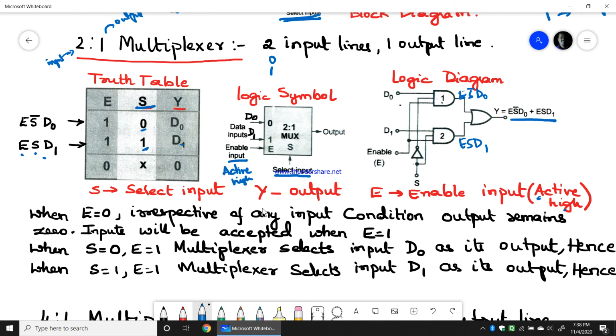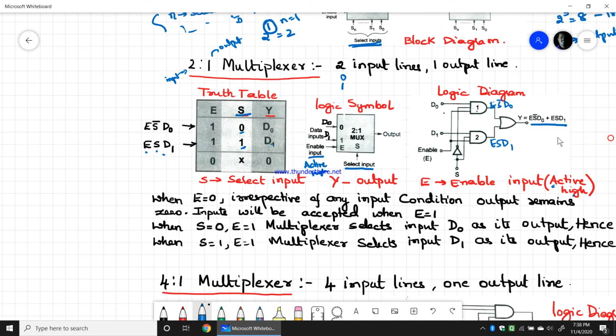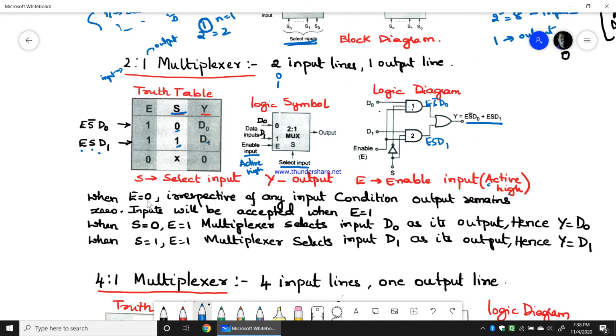Now whatever I told you in the explanation of the truth table till now is the statement which I have written here. When E equals 0, the IC is disabled, and irrespective of any input condition, the output remains 0. Inputs will be accepted only when E equals 1. So we will now assume E equals 1.